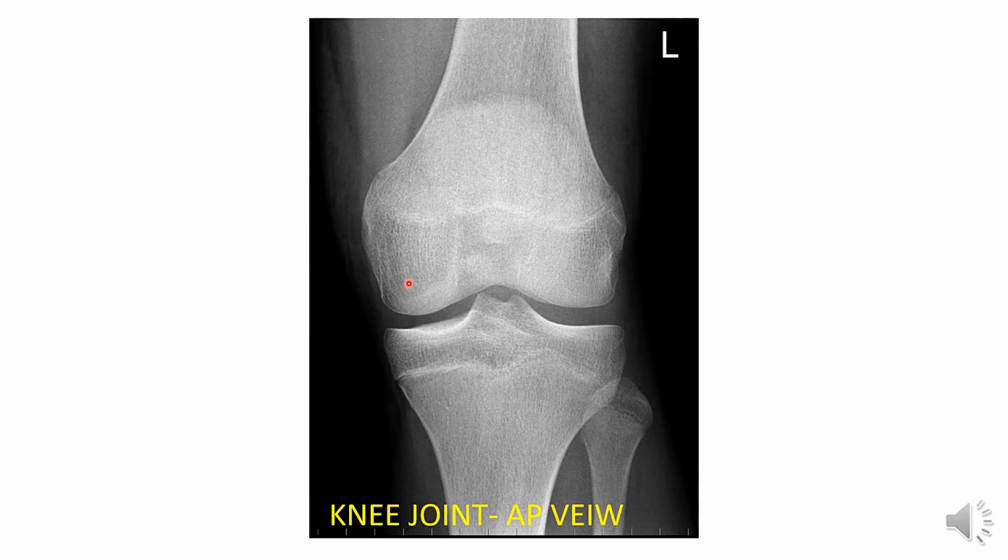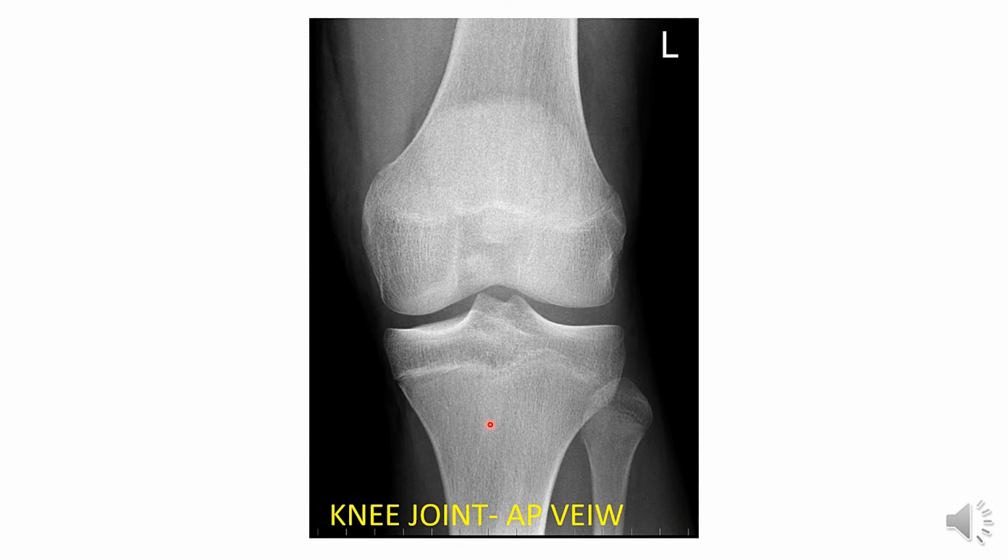this one is the medial side, this one is the lateral side. The fibula lies laterally, so this is the lateral side. The parts of the femur are, this is the medial condyle with the medial epicondyle, above the medial epicondyle, medial supracondylar ridge. This is the lateral condyle, lateral epicondyle, lateral supracondylar ridge.